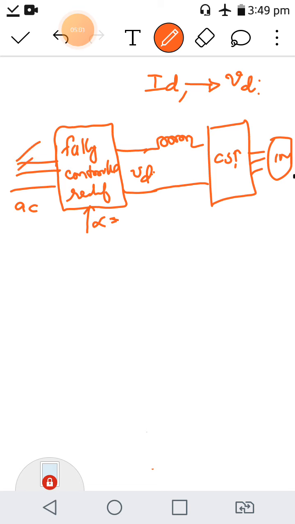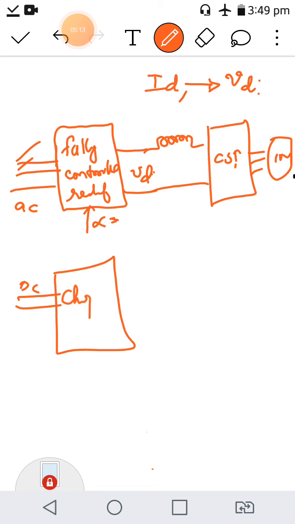So this is the scheme that you use if the input supply is AC. First you have to convert that into variable DC using a fully controlled rectifier. Now if the input available is constant DC, first you need a chopper for varying it, because a chopper is a DC converter. Constant DC can be converted into variable DC by using a chopper. So DC is connected to the chopper, its output is varied, and you get a variable output voltage here.